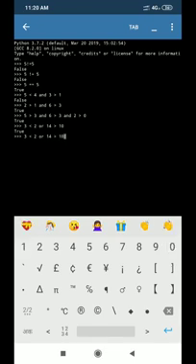Here 3 is less than 2. One second. Okay. First condition is false and the second condition is also false.